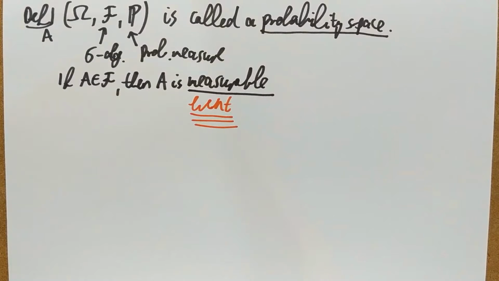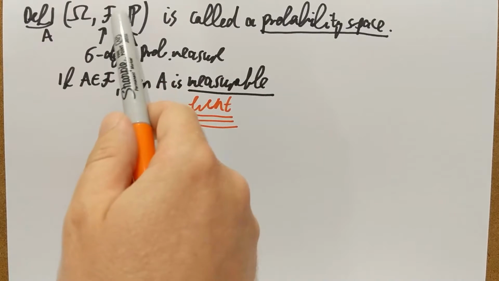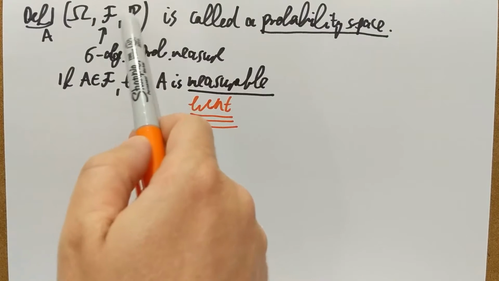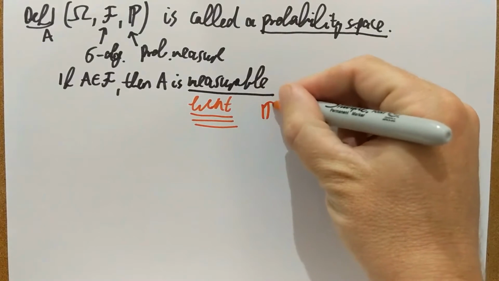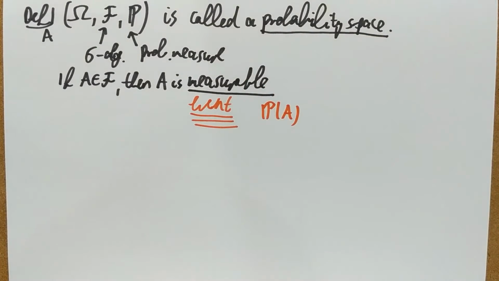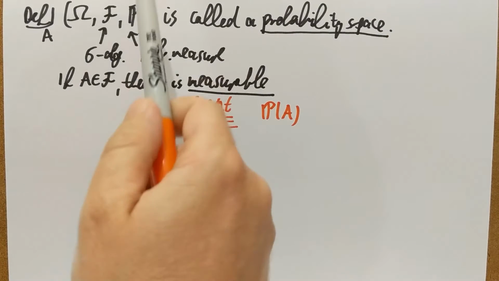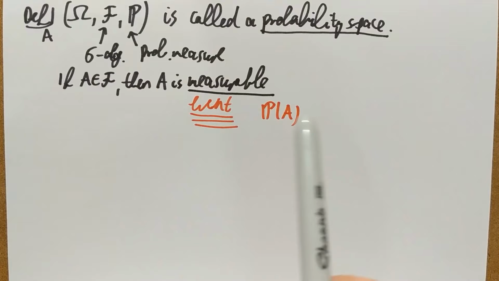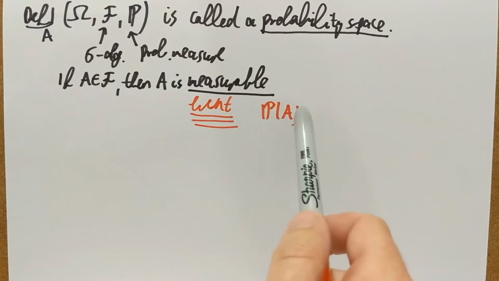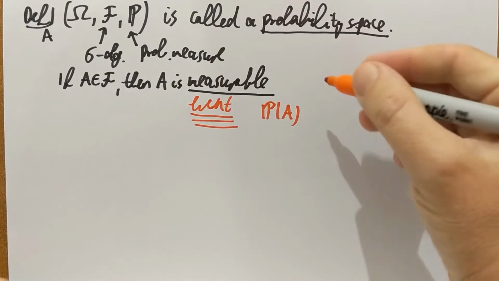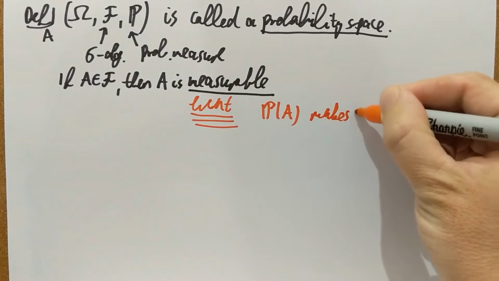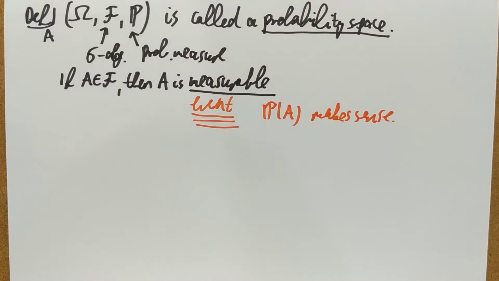Those are the subsets of the sample space which belong to the sigma algebra and therefore which you can plug into a probability. It makes sense to talk about the probability of an event. Why? Because A is an event, meaning it's in the sigma algebra. The probability is a set function from the sigma algebra to real numbers, so you can actually feed the probability with an event A, with a measurable set A. So P of A makes sense in this construction.